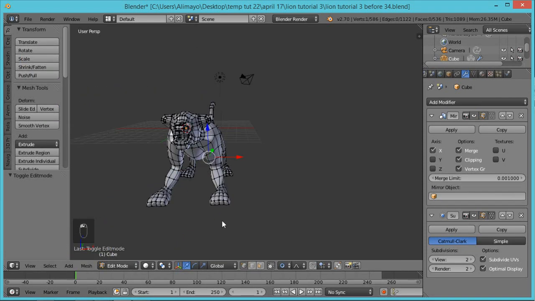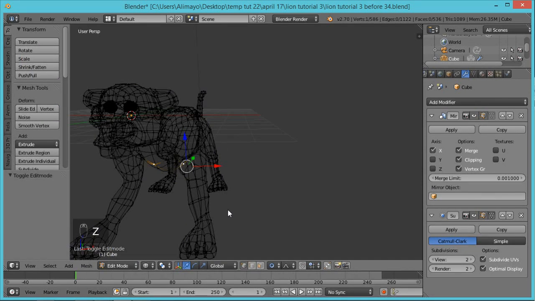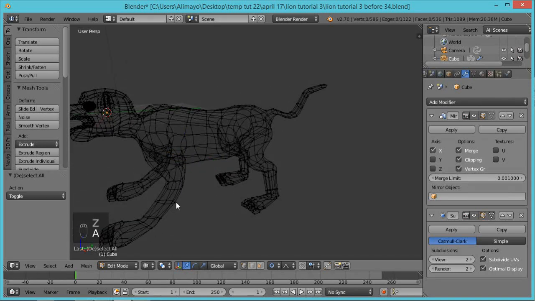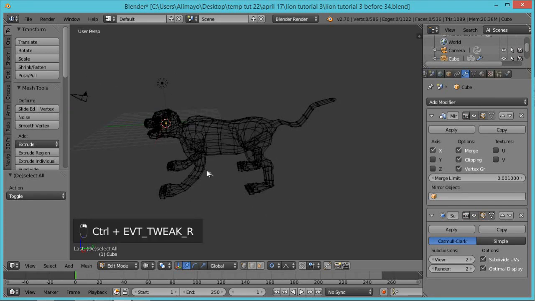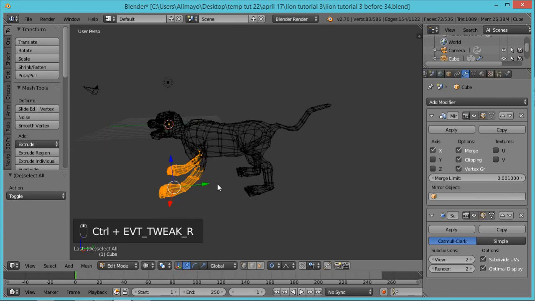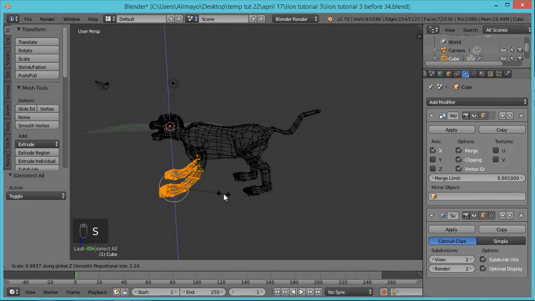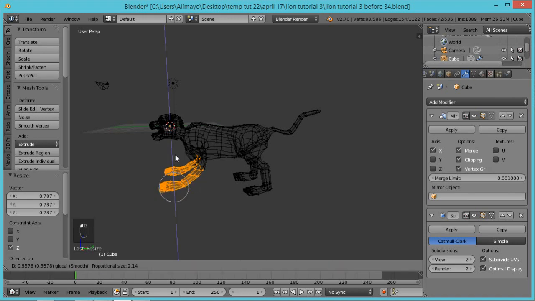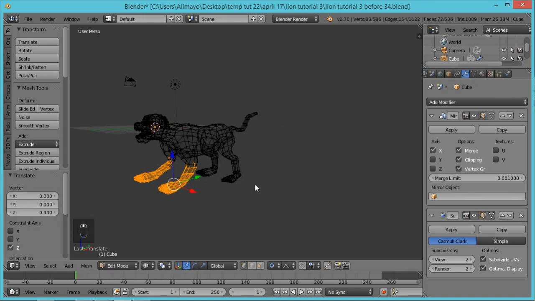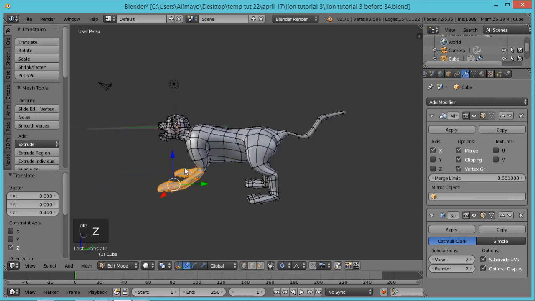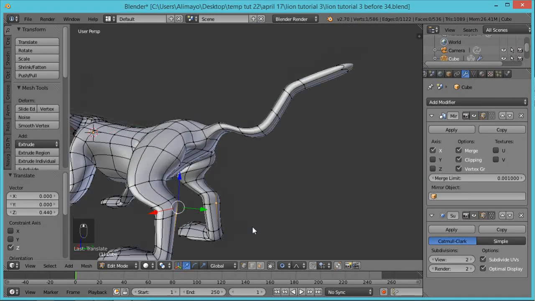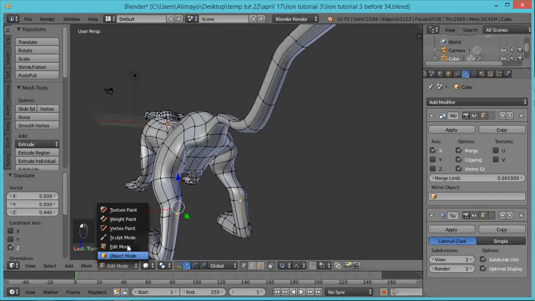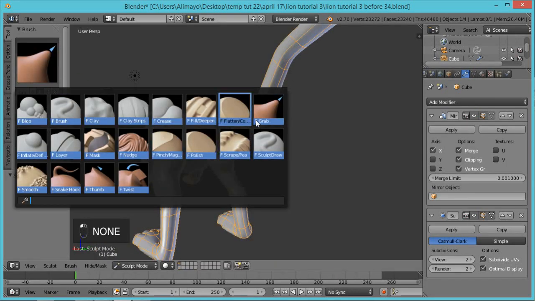Edit mode, front pulls a little bit smaller. I'm gonna hit A to deselect, Z to go transparent, Control, grab them. I'm gonna hit S to scale on the Y-axis, push these up a little bit. Back in the scope mode, looks like this should be a little bit